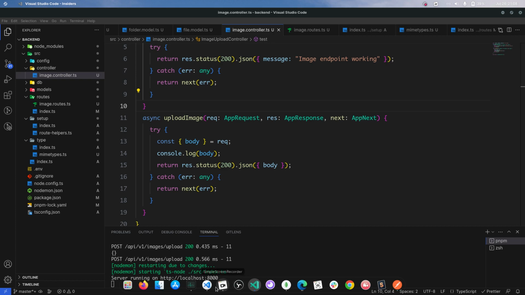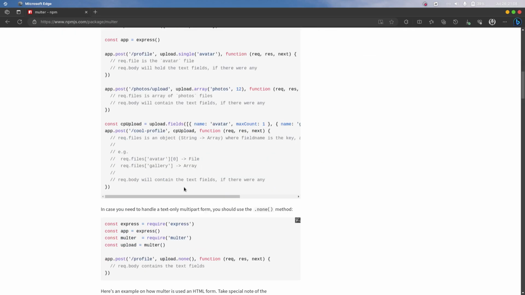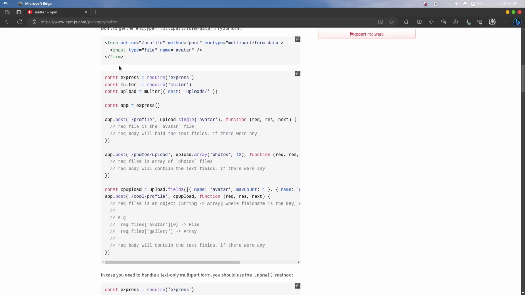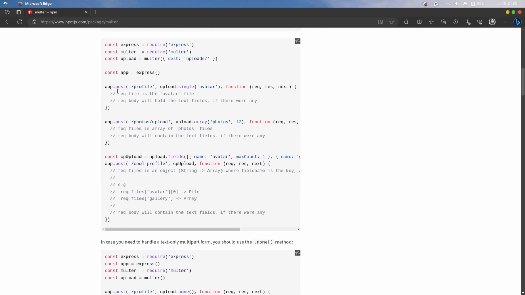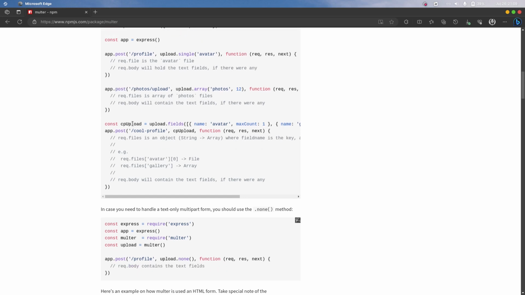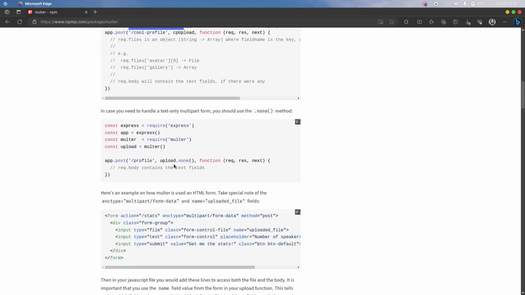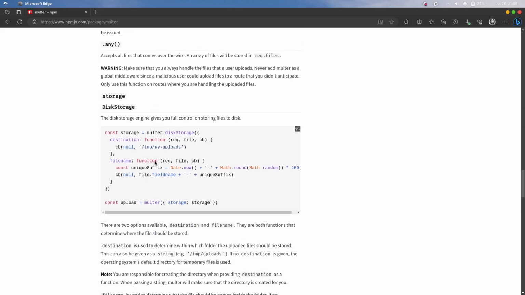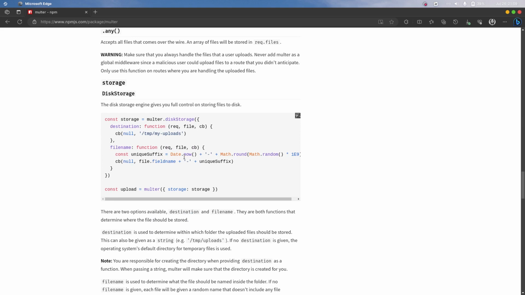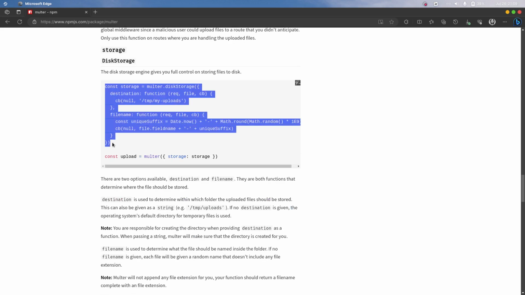Going to the documentation, you can see you need to import Multer, then you set up a destination for the uploads and the endpoint, then you have to pass this to that endpoint. Okay, so we'll go this way. Let's see another way. So I'll pick the disk storage here, copy this,